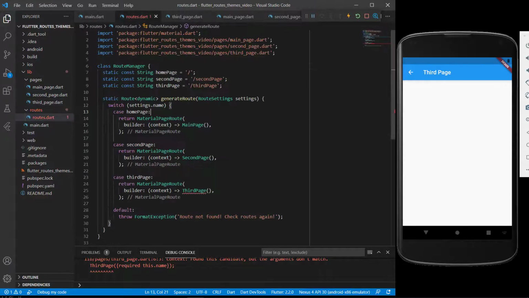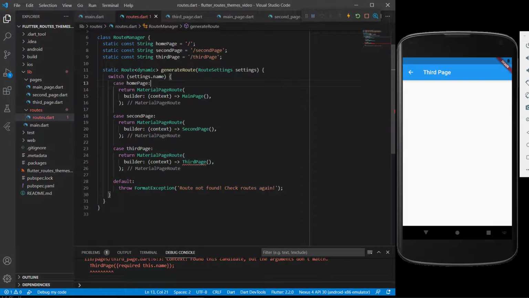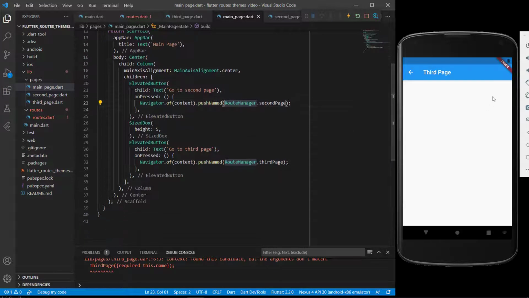Now, if you go to routes, you'll see a problem there because inside of this route, third page, we are required now to have that name variable pass through, which means that we should find a way to actually get that name variable sent through using this generate route coming through the settings. So that's totally allowed. And the way to do that, if we quickly go back to our main page, because it's from the main page that we want to send some data to the third page, so we can still say